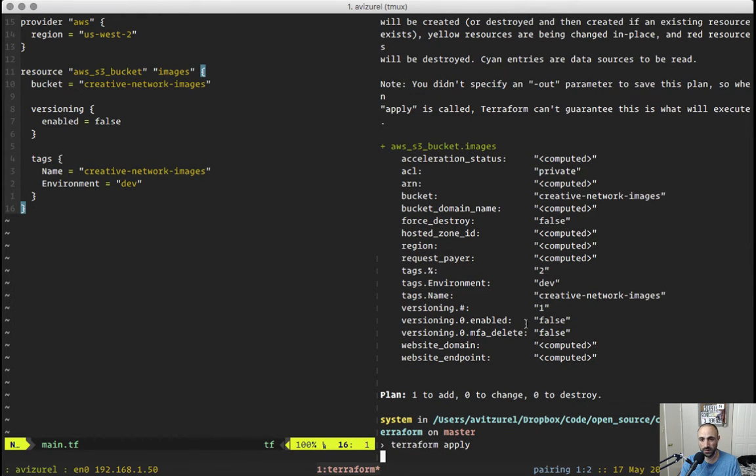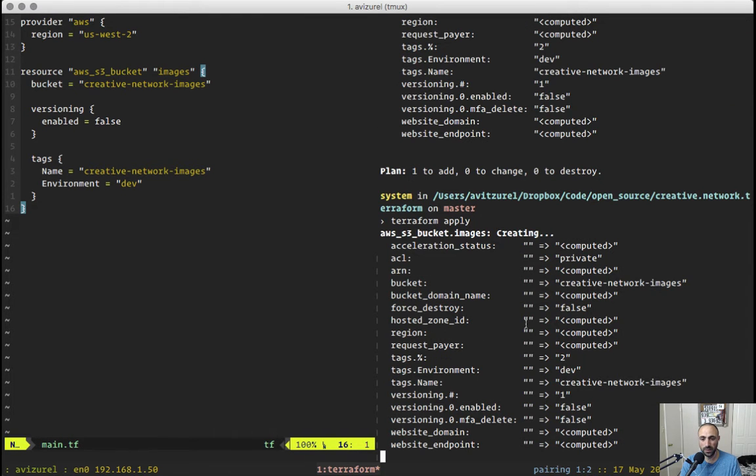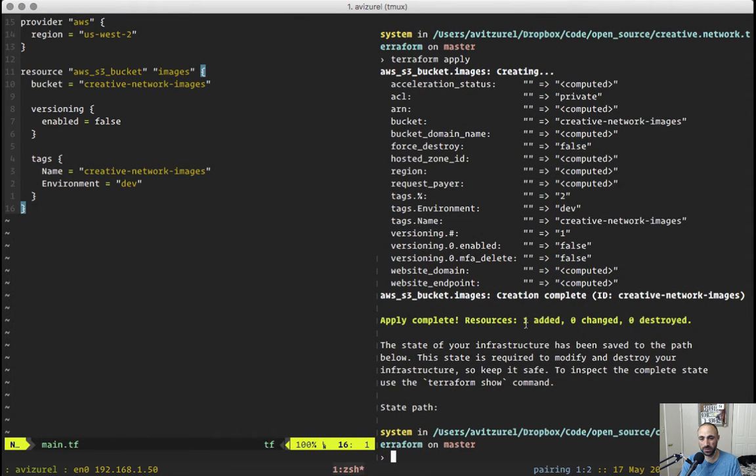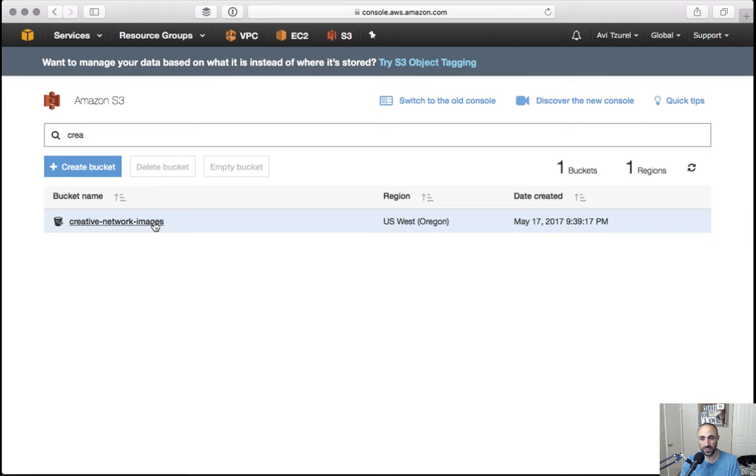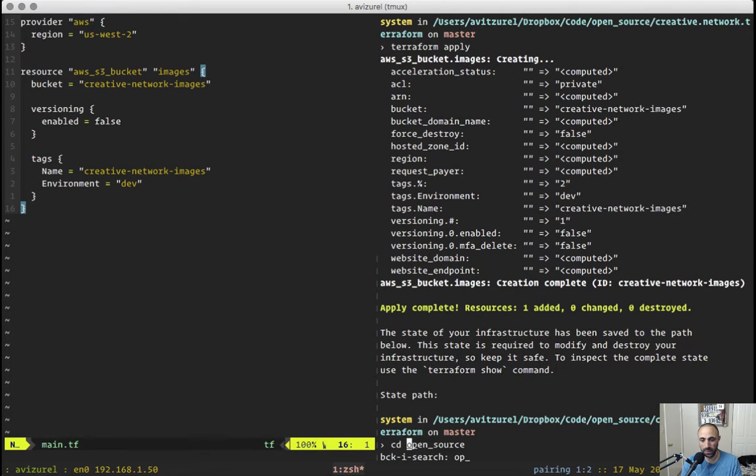So plan is just like a dry run, right? Well, it's not really a dry run, rather a plan. You know what I'm saying? All right, so go here and refresh. Now it's going to create the network images. That's Terraform, awesome. And now if we do plan again,